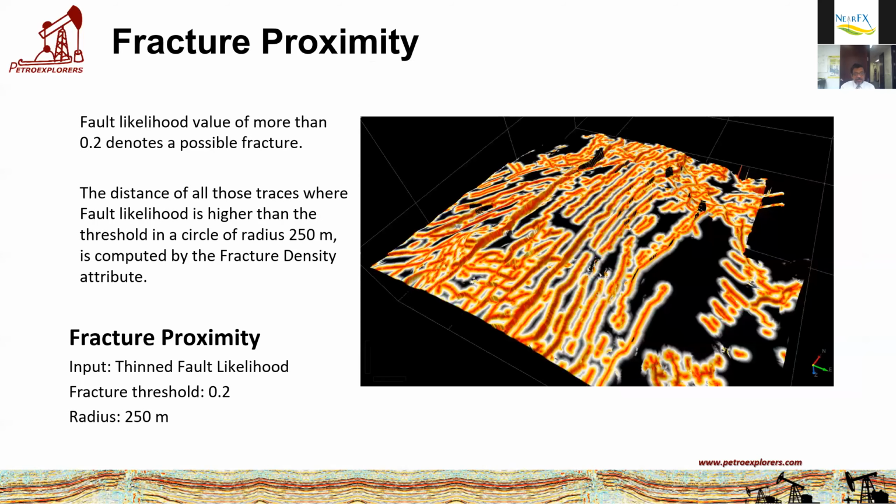The other is called fracture proximity. This is very important because the natural fractures, usually in the unconventional, might be stealing your frac material, and you don't want to be too close to the natural fractures. That's why the seismic scale fractures can then be found out, if you're not in proximity of natural fractures, but you are